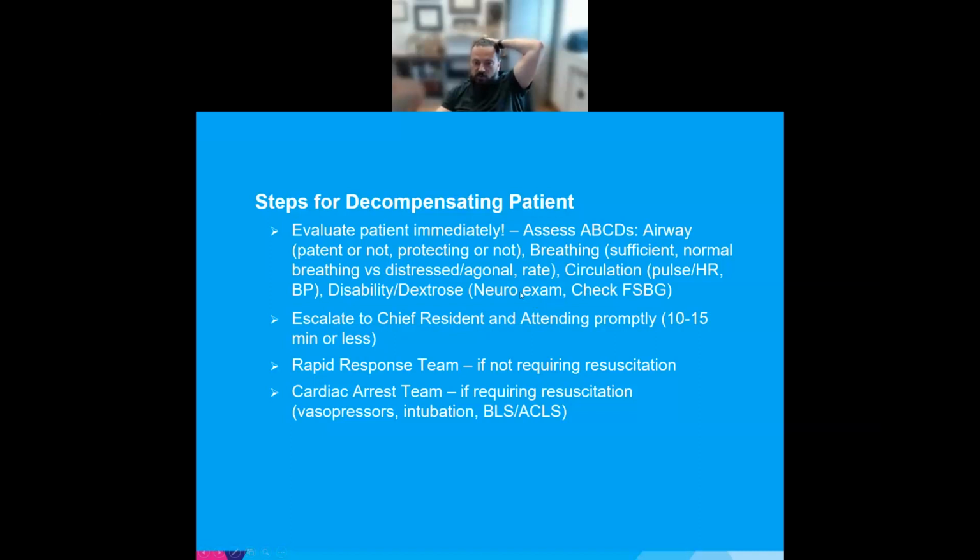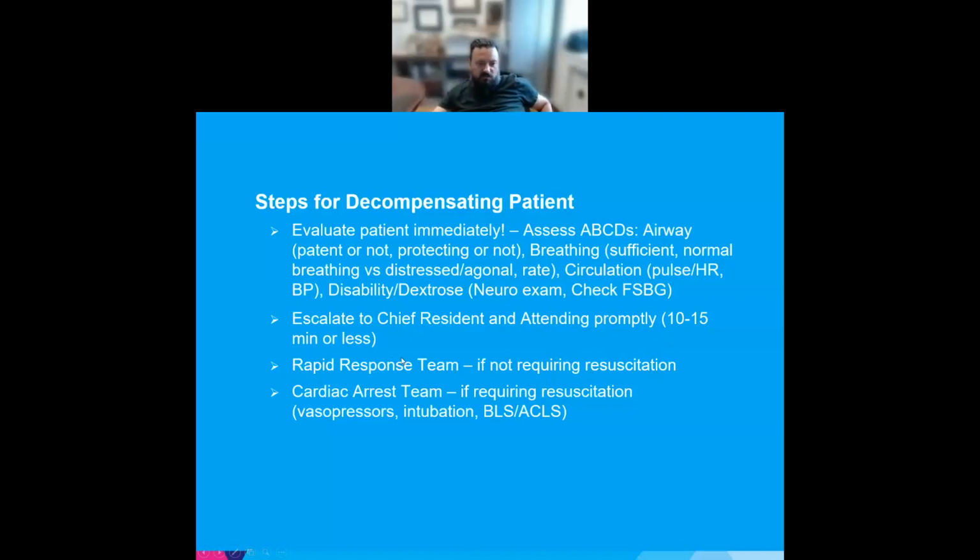And again, this doesn't need to be super thorough. We'll go over what you should be assessing, but really it's going to be assessing their mental status, and assessing to make sure they don't have any significant new neurological deficit that wasn't there before. Then you want to escalate to the chief resident and the attending promptly, again, ideally within 10 to 15 minutes or less. If you don't think that they need an emergent airway or need vasopressors or something like that, then